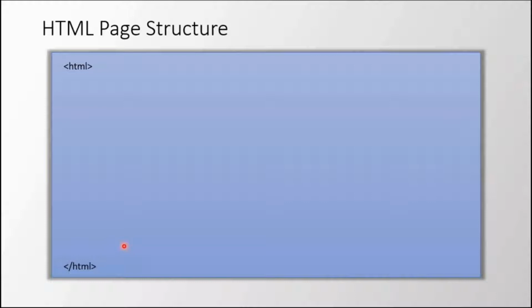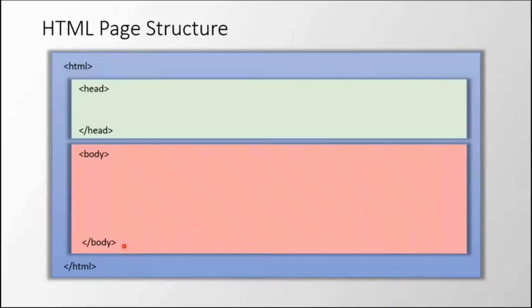Inside HTML, there are two major parts. The first one is head and the second one is body. So the head section and the body section. The head section generally includes some details which are not respective to the content that we are going to display.